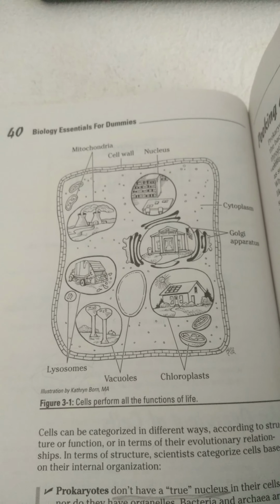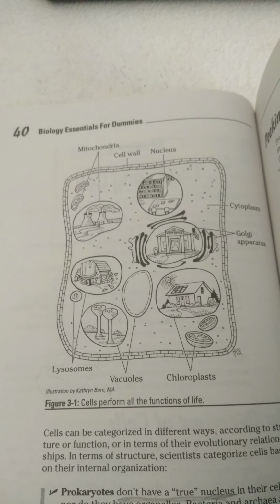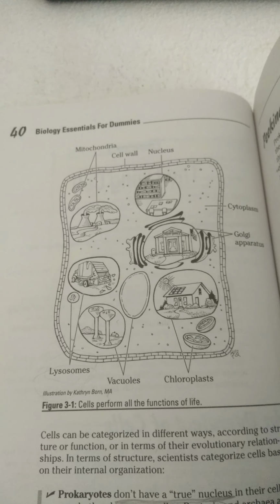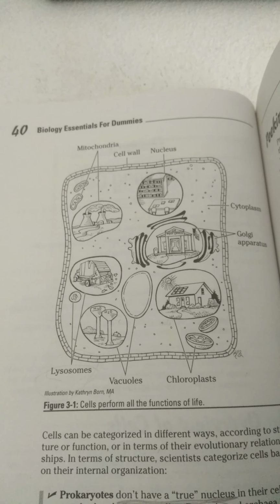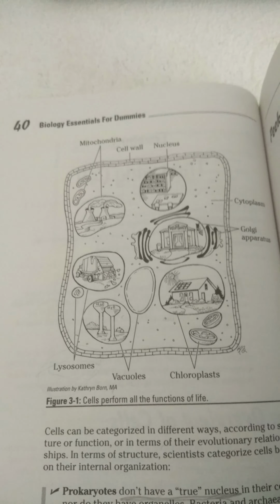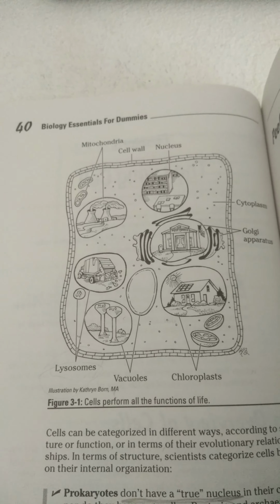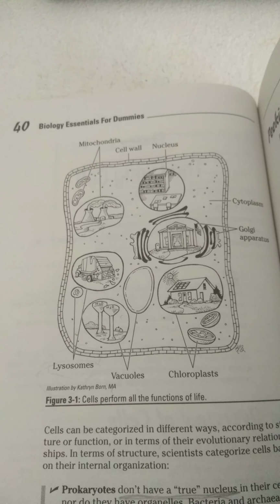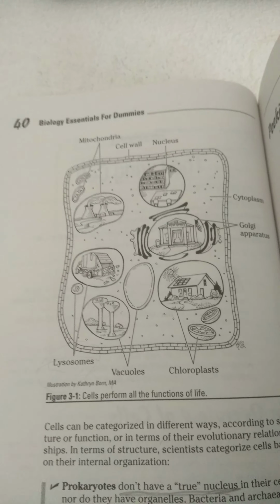Now, basically, there are two types of cells. We have prokaryotic cells. Organisms that have prokaryotic cell structures don't have a true nucleus in their cell, nor do they have organelles. Examples are bacteria and archaea. Now, most bacteria have a cell wall made of what we call peptidoglycan, which is a